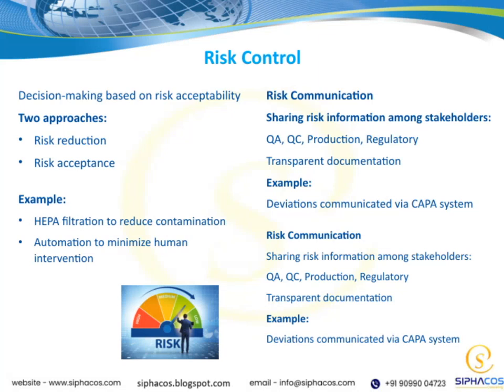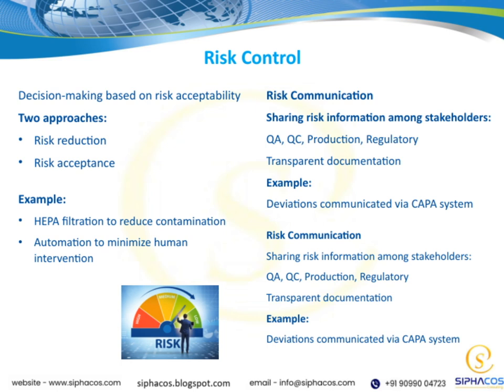Let's start by talking about risk communication. This is all about sharing risk information effectively among all stakeholders involved: QA, QC, production, and regulatory teams. It's crucial that everyone is on the same page to ensure safety and compliance. Transparent documentation plays a key role here, making sure that all risk-related data is clear and accessible. For example, if there are deviations in the process, these are communicated through a CAPA system, which helps track and